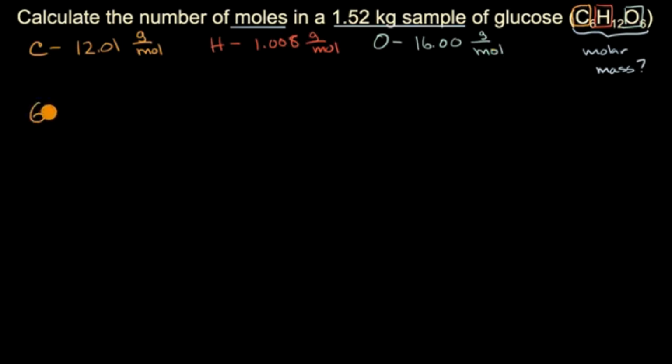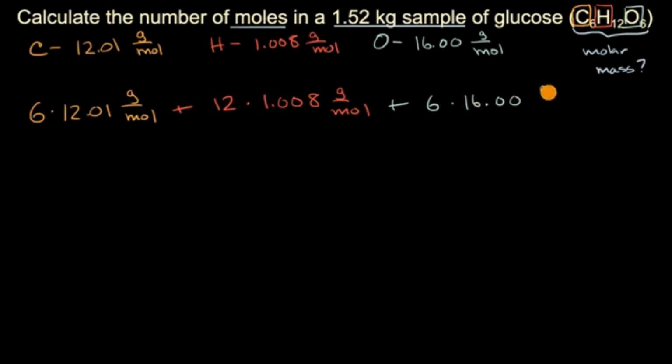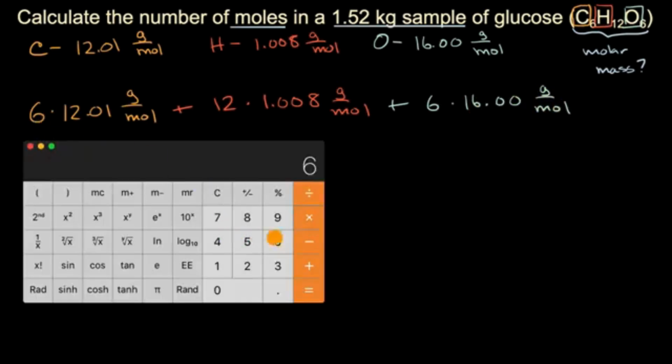So it's going to be 6 times 12.01 grams per mole, plus 12 times 1.008 grams per mole, plus, every molecule of glucose has 6 oxygens, so 6 times 16.00 grams per mole. 6 times 12.01 plus 12 times